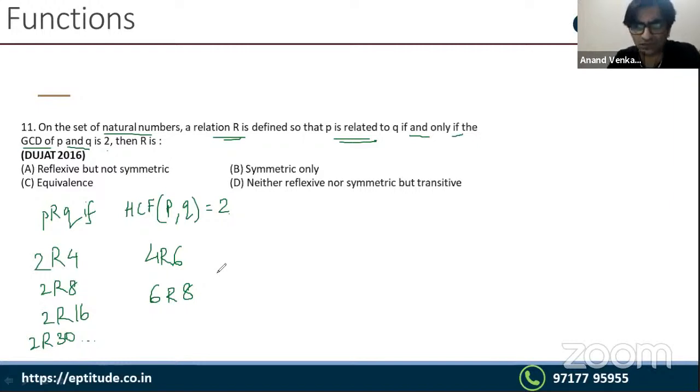सो आई यू नो द आइडिया इज टू गेट अ क्विक सॉर्ट ऑफ जनरेट अ फ्यू वैल्यूज ताकि आप चेक कर सको बाद में। अच्छा, तो आप क्वेश्चन पूछ रहे हैं इज आर रिफ्लेक्सिव, सिमेट्रिक, ट्रांजिटिव और इक्विवेलेंस, तो मुझे ये चेक करना है। तो रिफ्लेक्सिव के लिए क्या चेक करूंगा मैं, रिफ्लेक्सिव के लिए चेक करूंगा इज p related to p, right? As long as p is a valid input, is it related to itself? Is it true for all valid inputs? तो यहाँ पे valid input तो तभी होगा जब वो 2 का मल्टीपल होगा, इवन होगा।